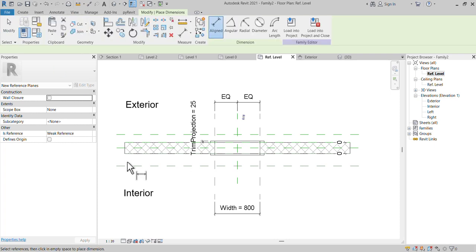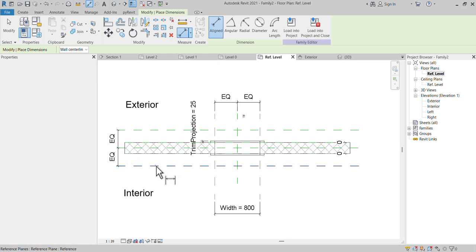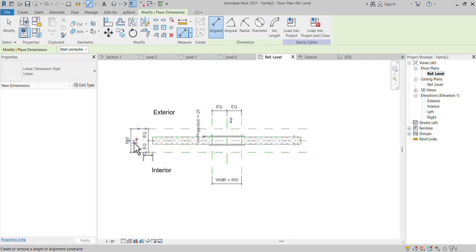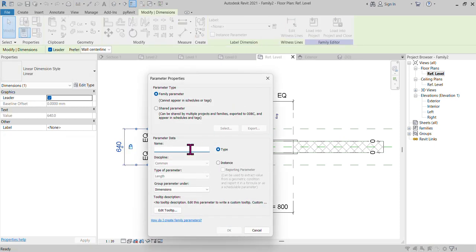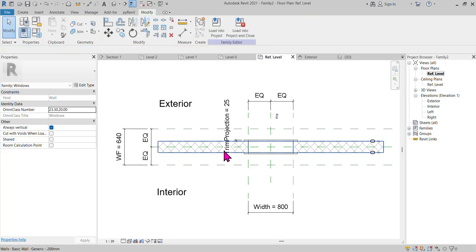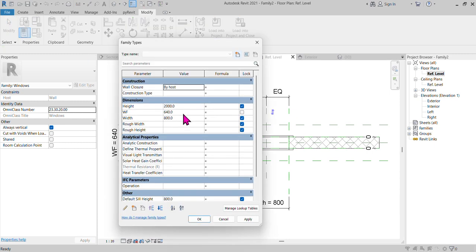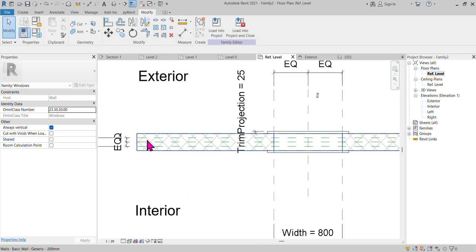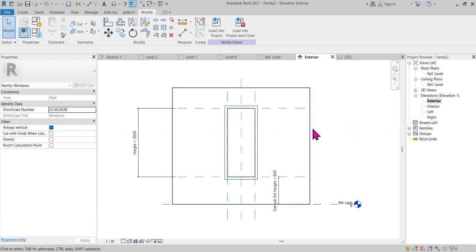Go back to your annotate, choose the EQ and make it lock. And don't forget, you should create the label parameter. So window frame, right? Okay. So go back here to put the window frame 100. See, it's automatically created. Right? Okay. Now I can go back to my exterior,